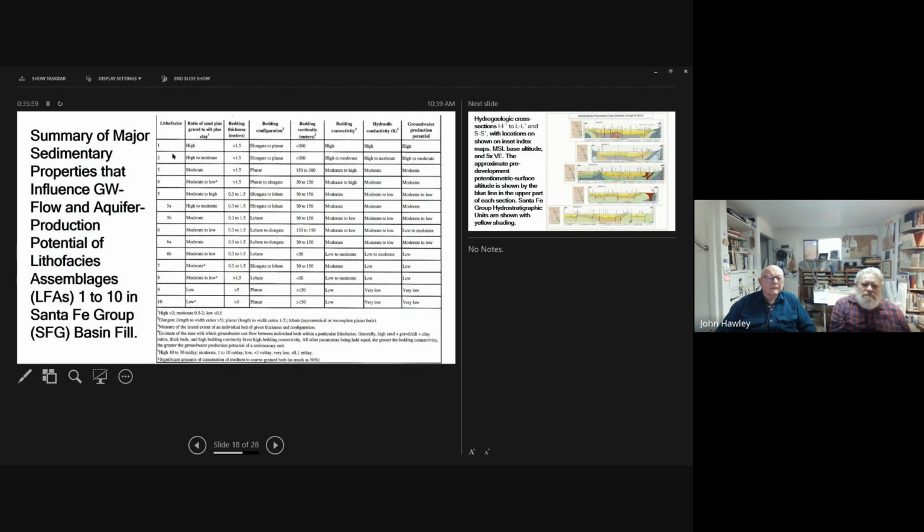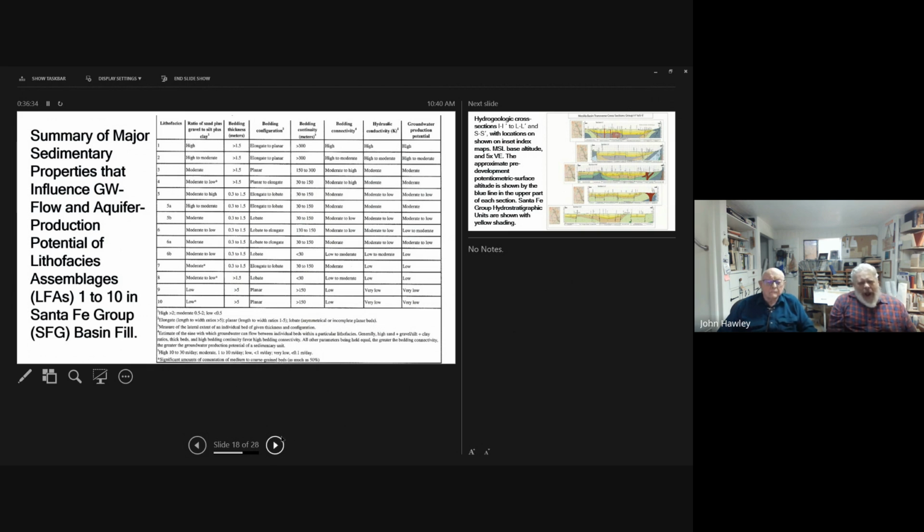And then we can, using water data from drill production data, from logs of well production from well fields like the Puerta de Agua well field, zone and classify these by hydraulic conductivity, bedrock configuration, and then groundwater production potential.